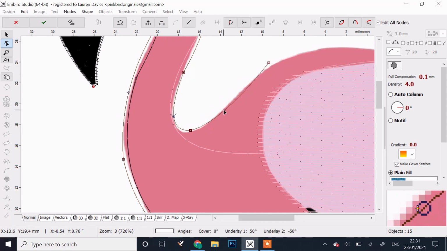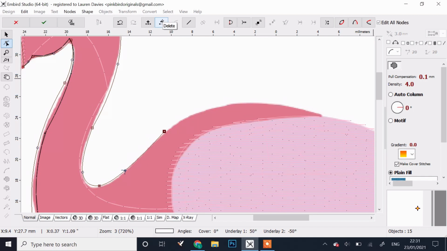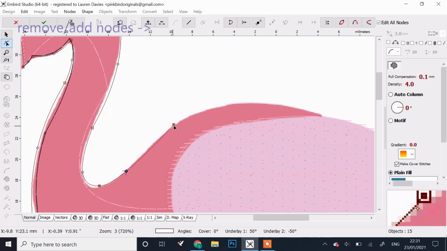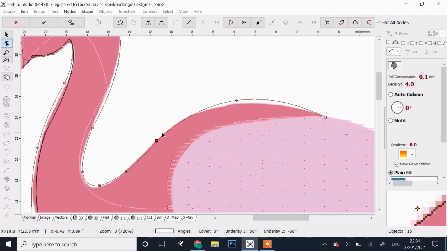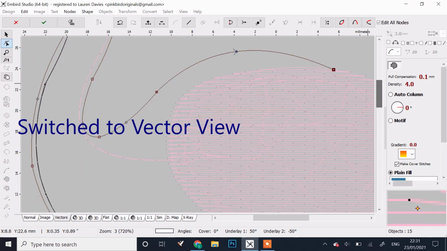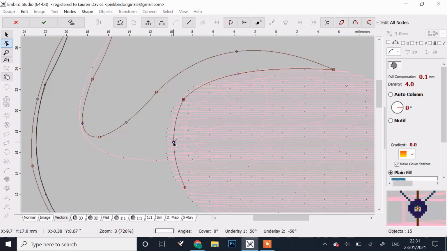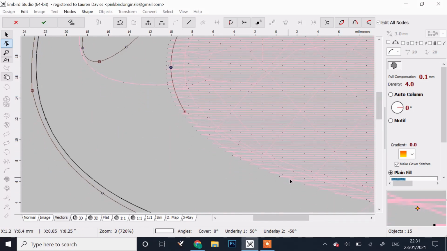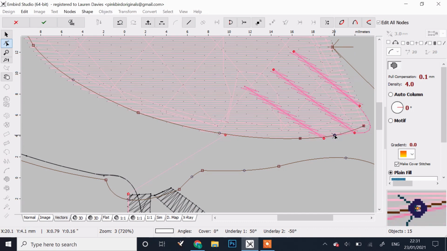If you ever drop a node that you don't mean to, in Embird you can remove and add nodes by using these keys at the top of the screen. And then I want my dark pink to be touching this border of the light pink exactly. And then once the object is complete,